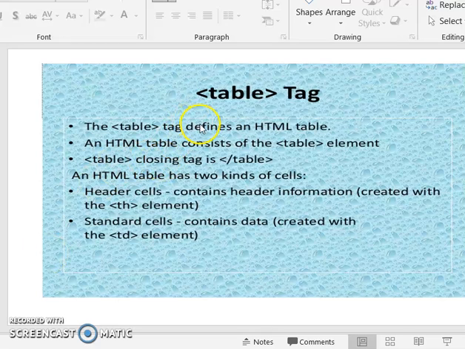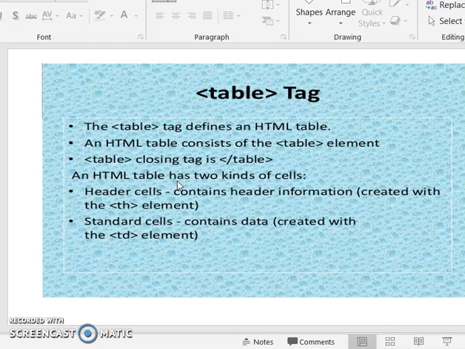Next tag is the table tag. We can design a table using HTML tags. The table tag is used to define a table. In a table there are rows, cells and information.